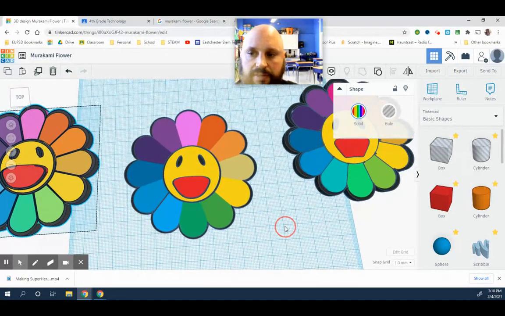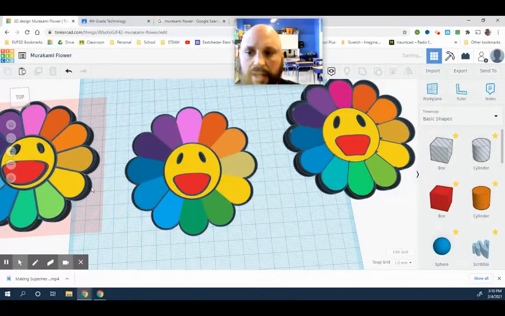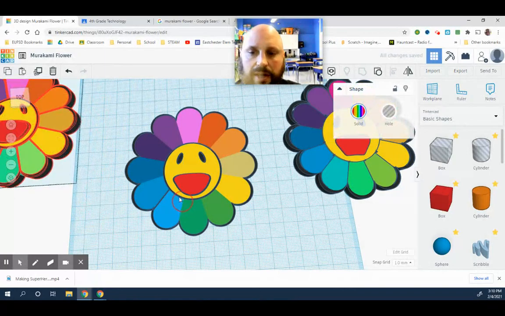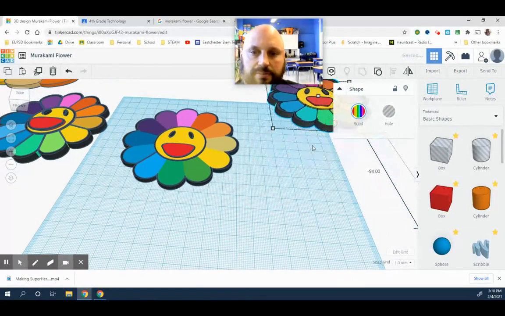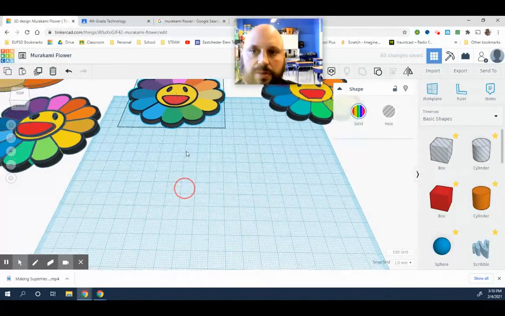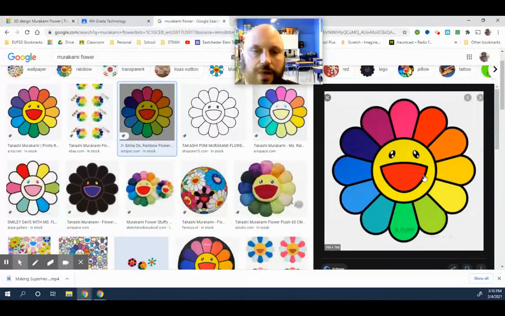Okay, I've come up with several different versions. Some are better than others. I'm going to show you how to make a pretty basic version of it, and I hope you enjoy the lesson. So the first thing I did is I studied the Murakami flower online, looked at some of the pictures,